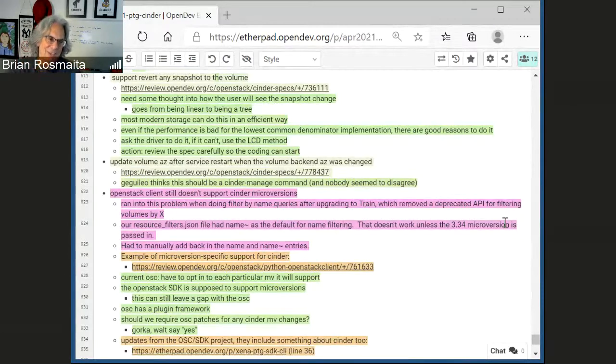So that's the other thing, it's not really obvious to me. Anyway, I'll just throw it out. It's not clear to me exactly what the end goal is and how these parts fit together, because it makes a big difference for us in trying to do planning. Because if the OSC does use Cinder client, then as long as our client classes expose everything you can do communicating with the API, it's just a user interface problem, and we don't have to worry about it. But then the SDK